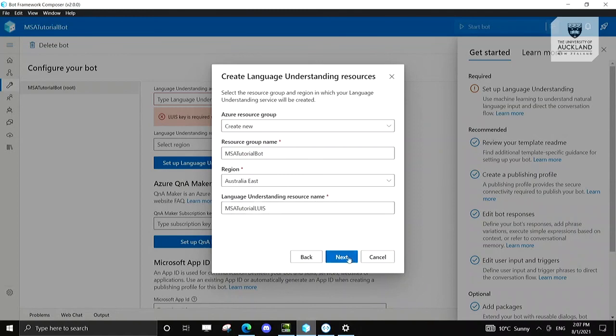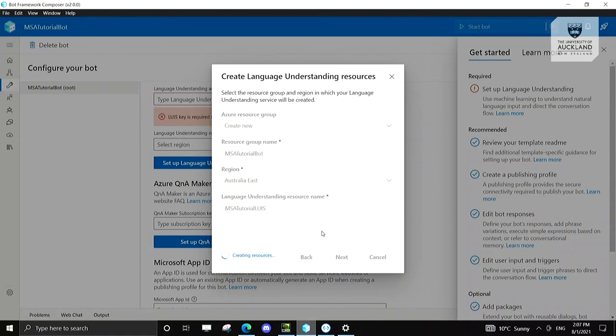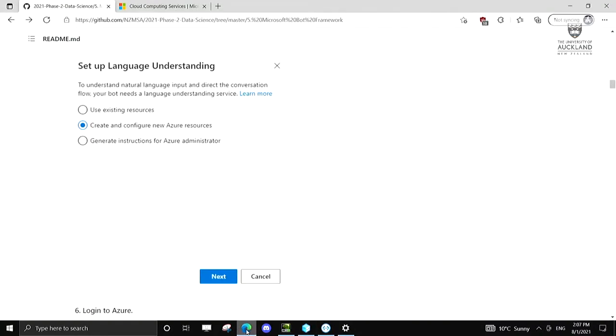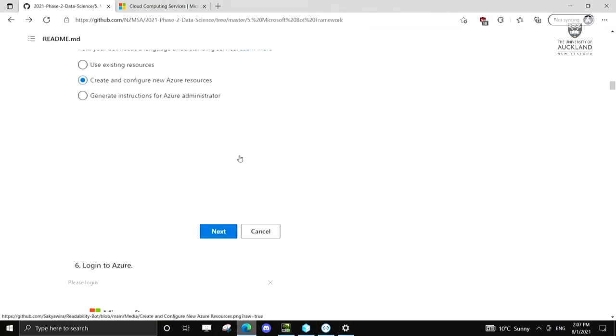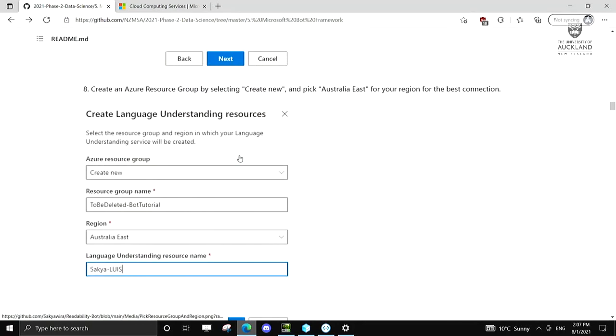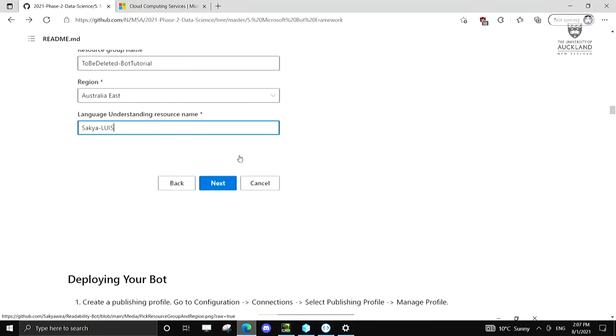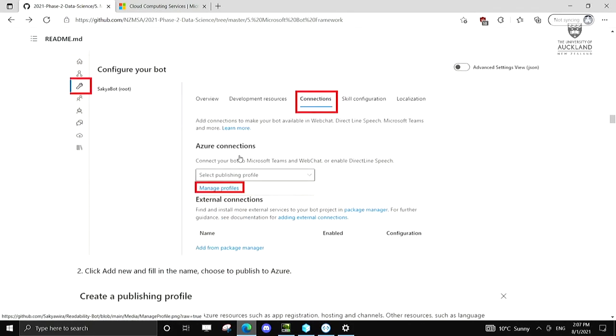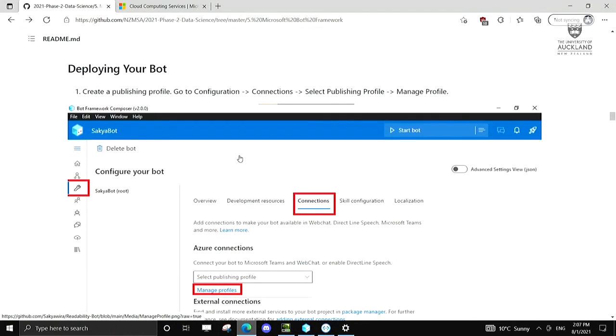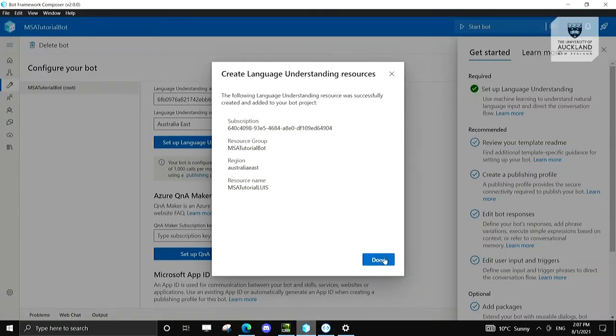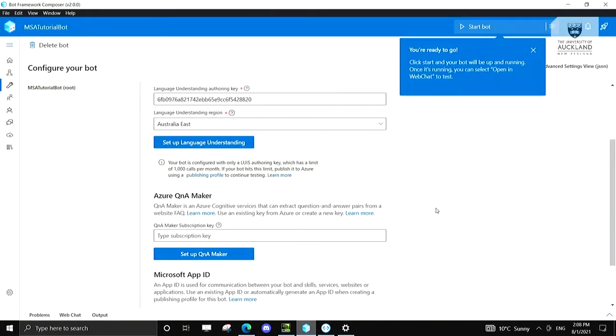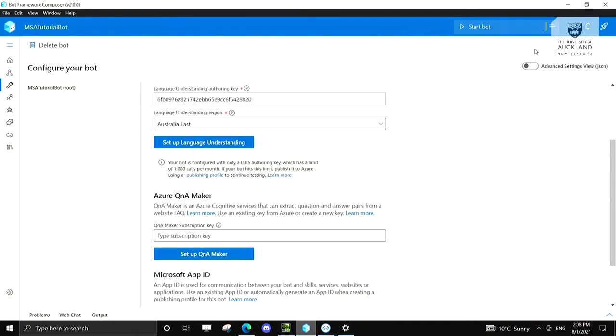Yep. So for the region, just choose the closest one to where we are right now, which is Australia East. Let's check whether we're doing the right thing. Yep, sounds like we're doing something correct. Now we're just going to be done. So this should mean that this is done